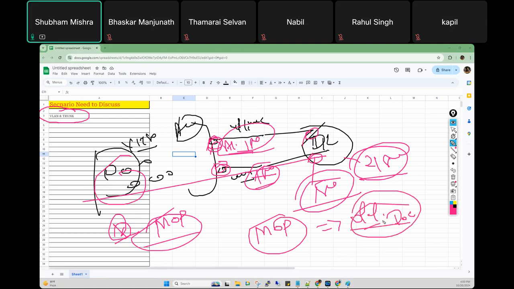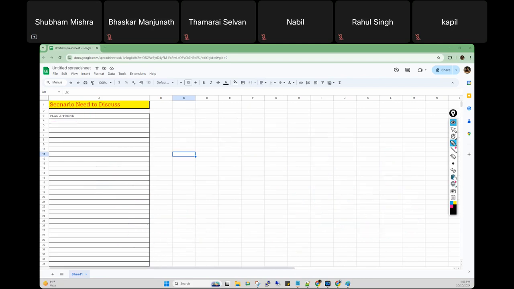In this document, you need to mention what changes you are going to configure on your access switch as well as on the DR. Your manager and seniors will review that MOP, and once they approve, then you can configure the things. Getting my point? Everyone understand?